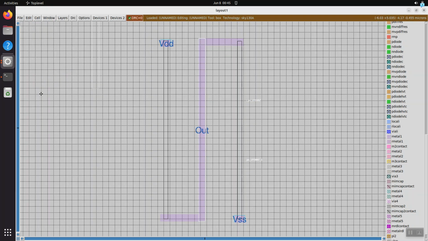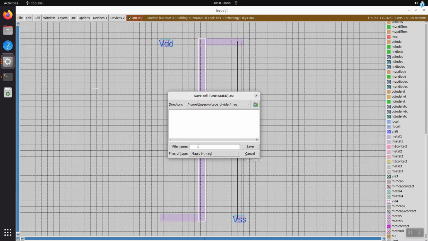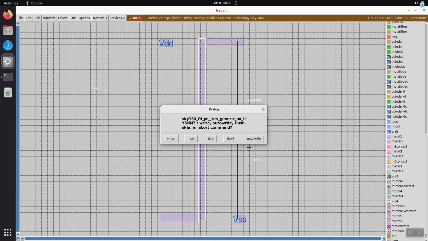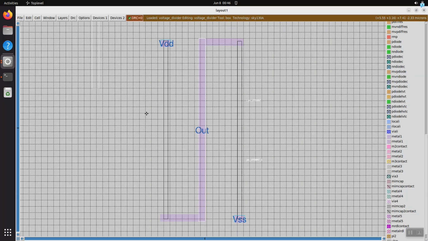Now I probably should have done this earlier, but let's save it. And we have to be careful with how we're saving it. But voltage divider, it'll give it the extension magic. And for this case, best to use auto rate. Okay, so